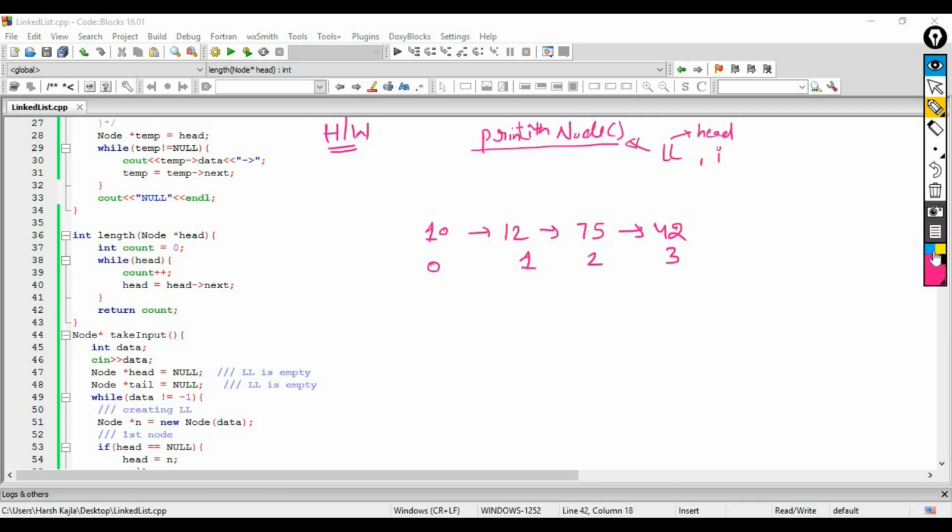So we are discussing the solution now. Suppose you want to print the node present at index 2. So this is your head. First of all, you have to reach the index 2. For reaching the index 2, you have to iterate 2 times. So first iteration you will reach at 12. In the next iteration you will reach at 75. So if the value of i is 2, you are iterating 2 times. Once you reach here,